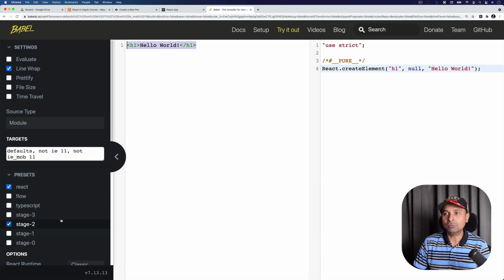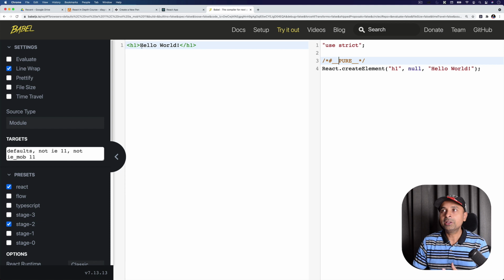You can select other options if you want, but this is the one option which you need to select. So you're getting my point. See this HTML looking language, which is actually JSX, is getting converted into createElement calls, all of those createElement calls. Now you must be thinking, man, for writing such a small text, I mean,